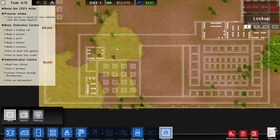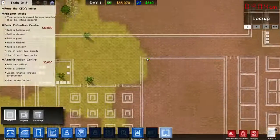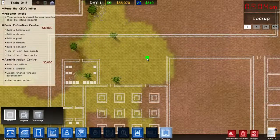All about sectioning things off. If you move the yard, I could just put the yard in there. All that's just gonna do is reclaim more space there. That would allow me to